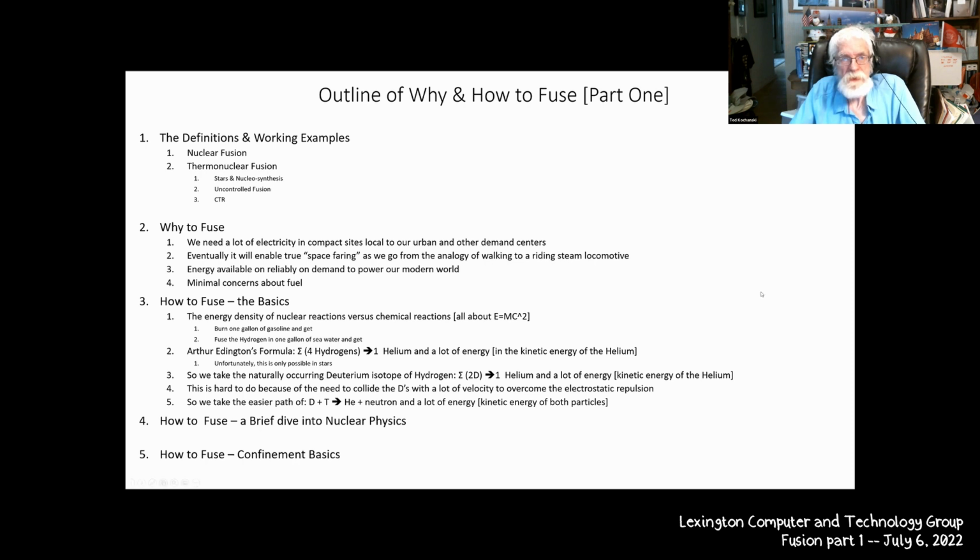The basic ideas govern how fusion works. So I want to deal with it from the standpoint of a couple of things. First, I want to talk about fusion in terms of the definitions and sort of working examples. Then I want to talk about why it's important. And then we're going to go back to this again, but at a higher level of detail. And we may get to a brief dive into nuclear physics, and we'll dive into it very, very briefly, and very, very briefly on confinement. The basic idea of this whole thing